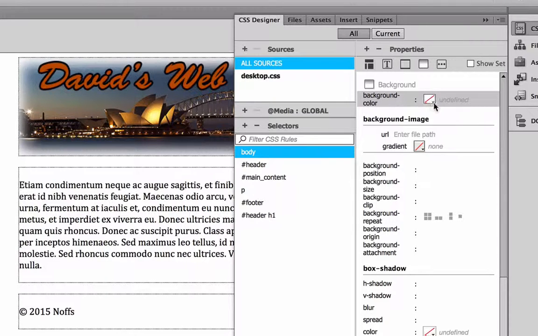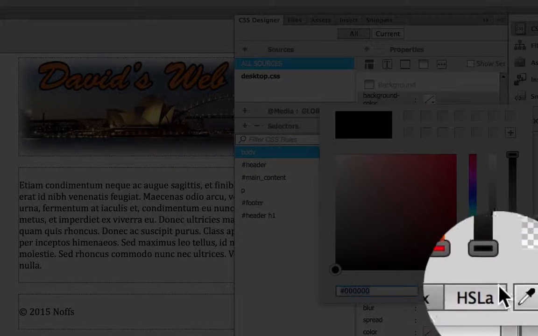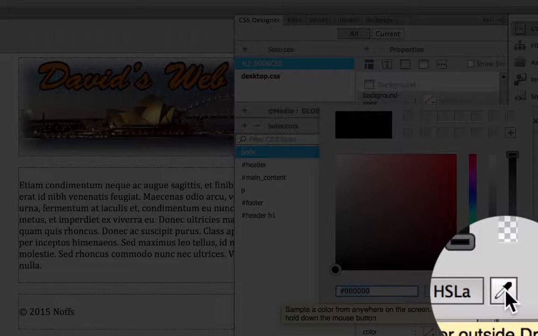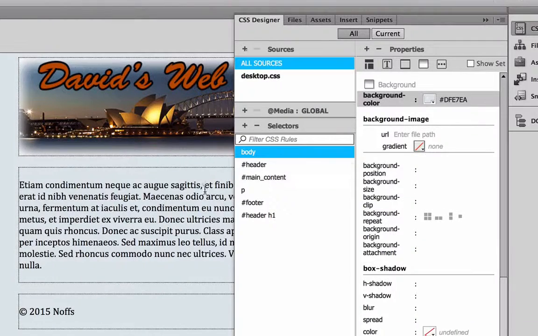To do that, I'm going to click on background color, and it pulls up the color selector. Down in the right-hand corner of the color picker is an eyedropper tool. I'm going to click on that tool, go over to the very edge of my image here and choose the color that I want for the page to match it. So I click on that, and then I hit return. You can see that it's chosen the color over here. I hit return, and sure enough, now my page